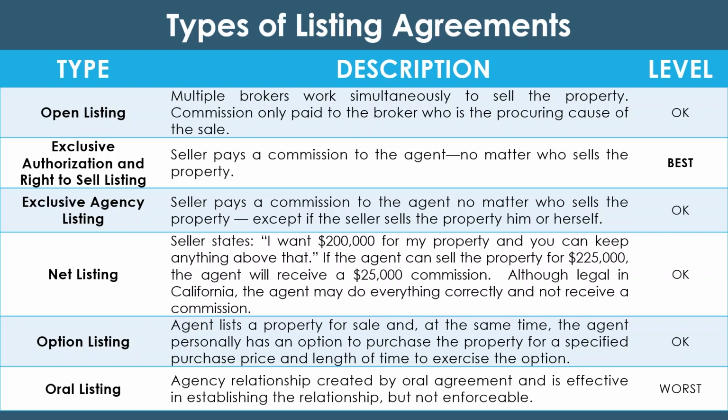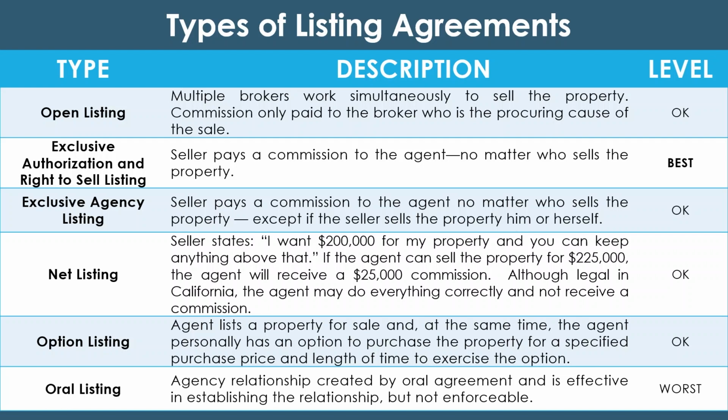Then we have an option listing, where an agent lists a property for sale, and at the same time, the agent personally has an option to purchase the property for a specified purchase price and length of time to exercise the option. So the agent is selling the property, is representing you, but they also have the ability to purchase the property for a specified purchase price that's already been agreed upon, and the length of time then to actually